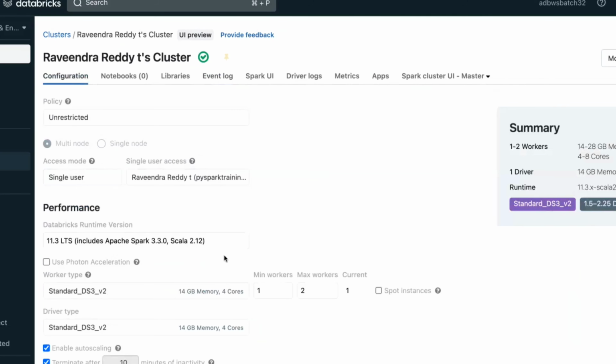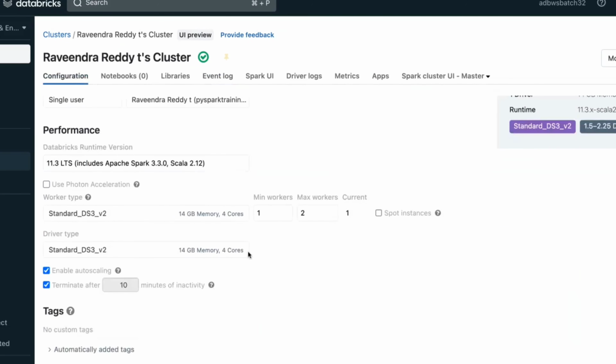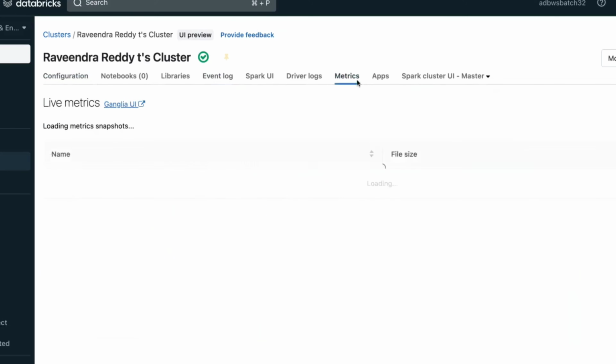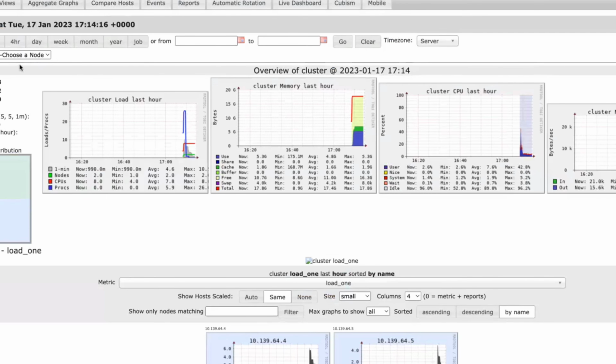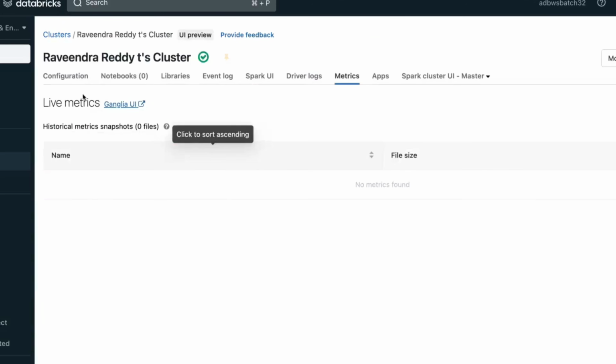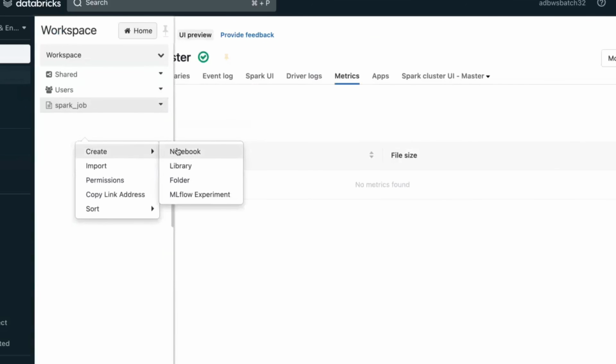Now if you verify, two nodes are available: one driver node and one worker node, with another worker node that you can add on demand basis. You can verify that in metrics. There is a Ganglia UI available where you can see how many clusters are up. A total of 8 CPUs are available, all virtual CPUs, across two nodes with their IP addresses. Now if you go to create any notebook,